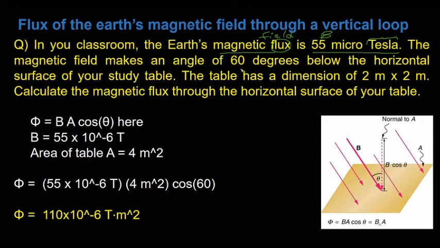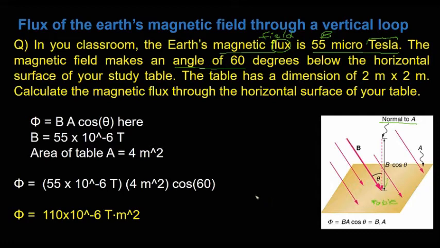And the magnetic field makes an angle of 60 degrees below the horizontal surface of your study table. Essentially this is your study table, and the problem is set up in such a way that the magnetic field points at 60 degrees below your table, just like it's shown in the picture. This is theta, the angle between the normal to your table, which will be literally going upward, that's your normal,